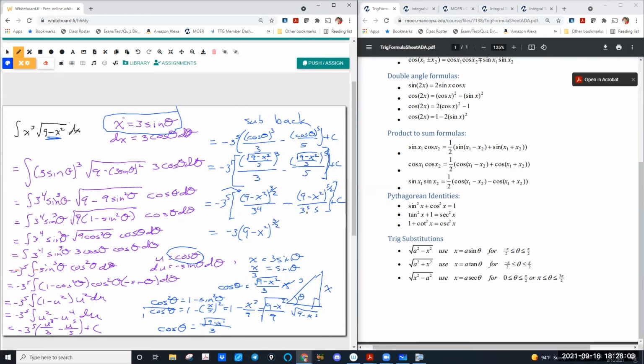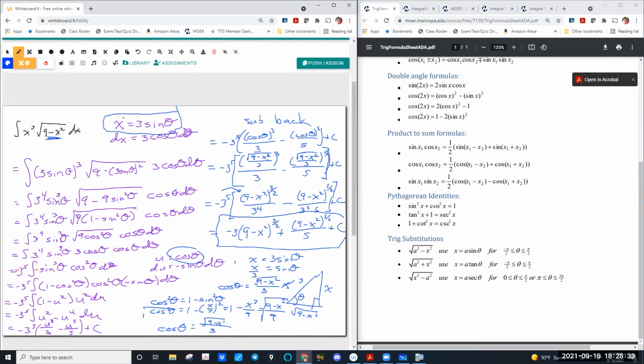Here, all 5 of these are going to cancel out with all 5 of these. The negative is going to switch the sign, and we're going to have 9 minus x squared to the 5 halves over 5 plus c. It is not pretty. If you have to use trig substitution, a lot of times the answer does not come out pretty, but it is another integral that we can do by